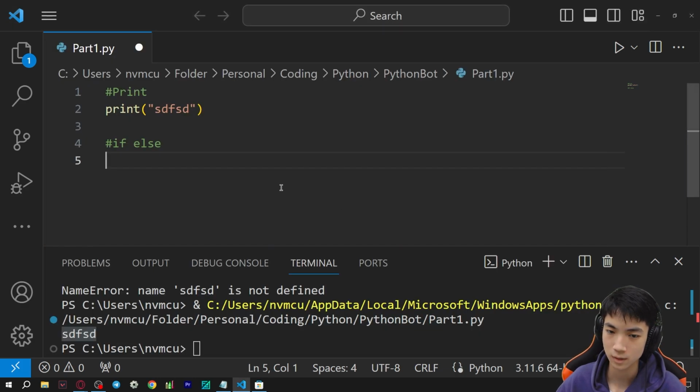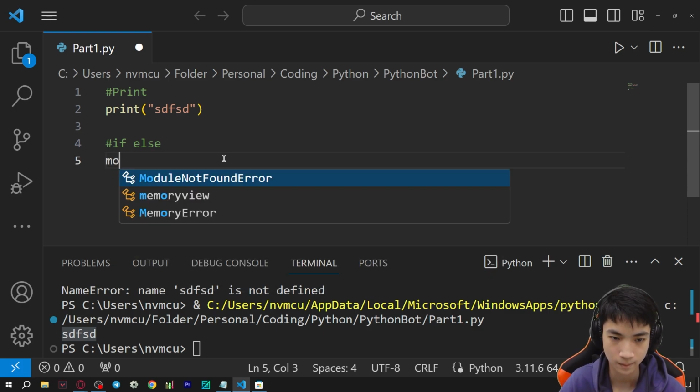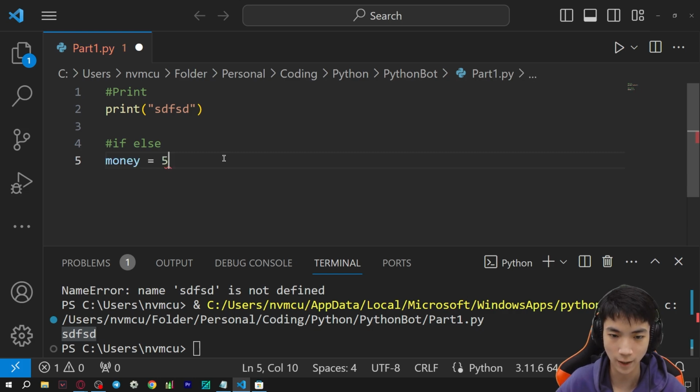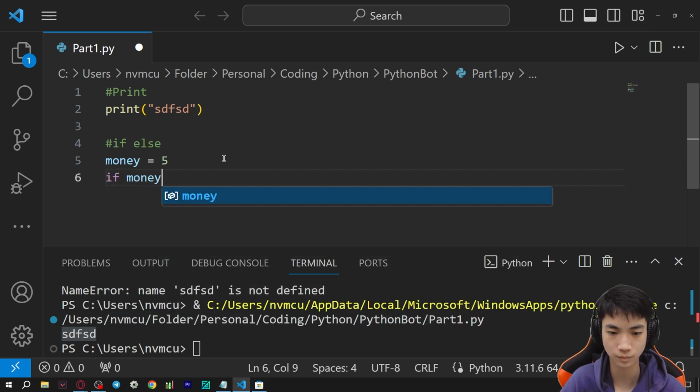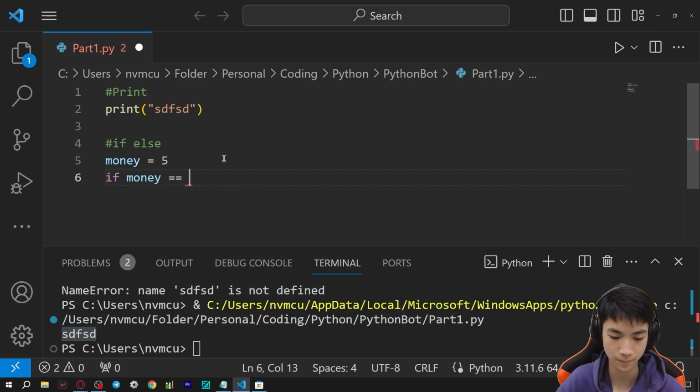Pretty simple. Okay, so let's go ahead and write that. Let's set a variable first. Let's do something about money. So money equals 5, we have 5 units of cash right now. And we're going to buy something that costs 5 units of cash, an apple. So if money equals 5, then print